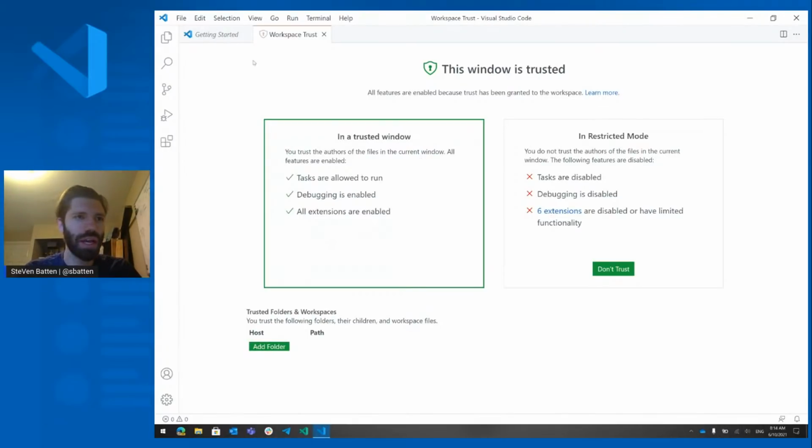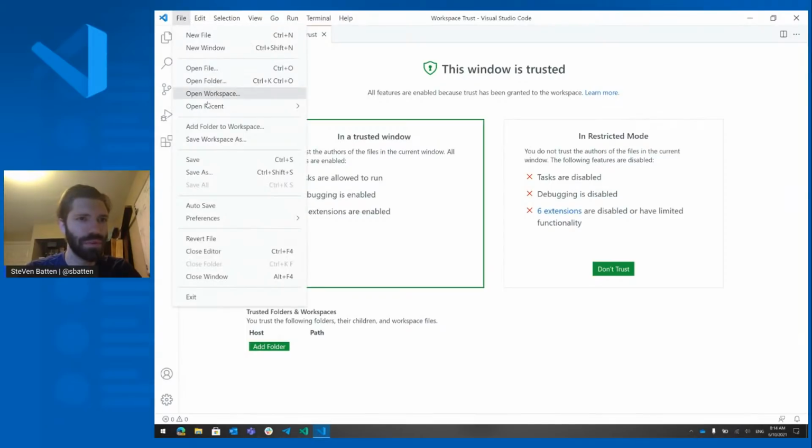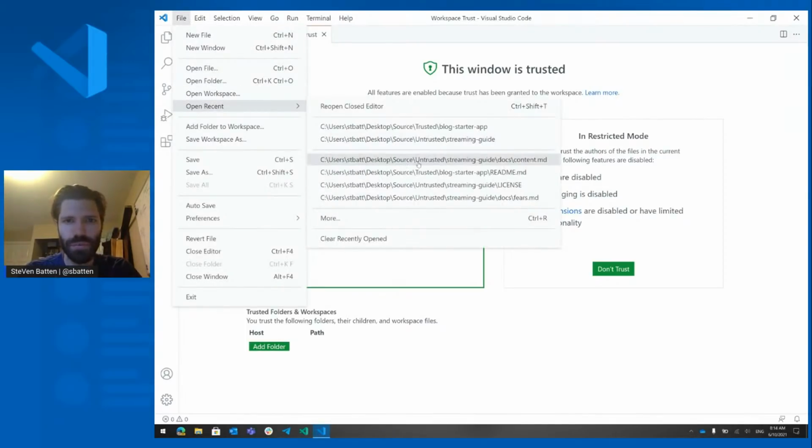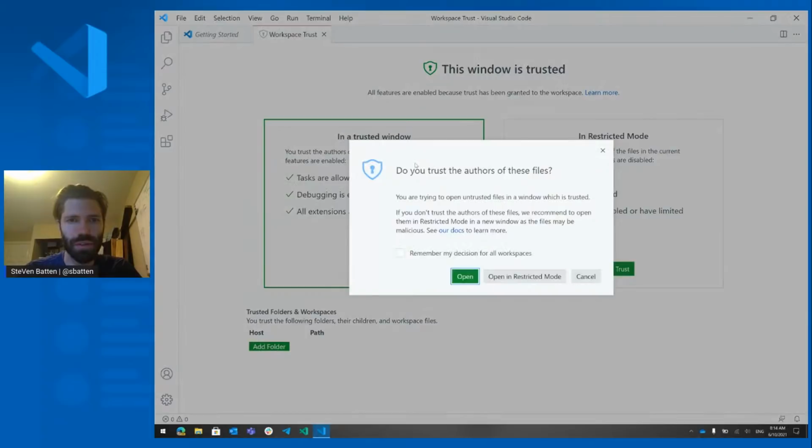So quickly, I will show that if I open some folder here or some file, so I'll pick something from your untrusted content. This is a file that I have on my disk that I haven't told VS Code that I trust yet, and I'm in a trusted window. And so it's going to let me know that, hey, you're in an untrusted window, and by bringing this content in,